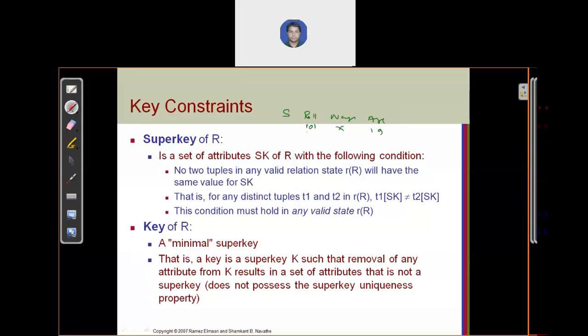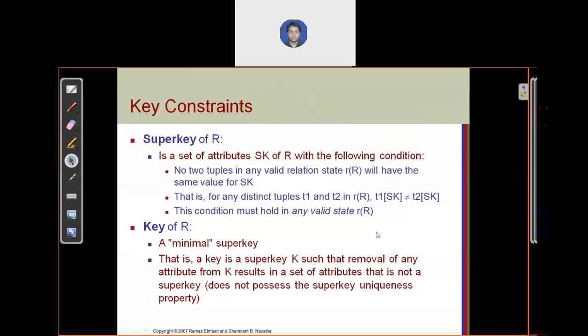The second student has this. You cannot enter the same record as you entered before. Here, as you can see, all three values are the same as what we entered earlier. So this kind of insertion in your relation is not allowed in the relational schema. This is one kind of constraint.